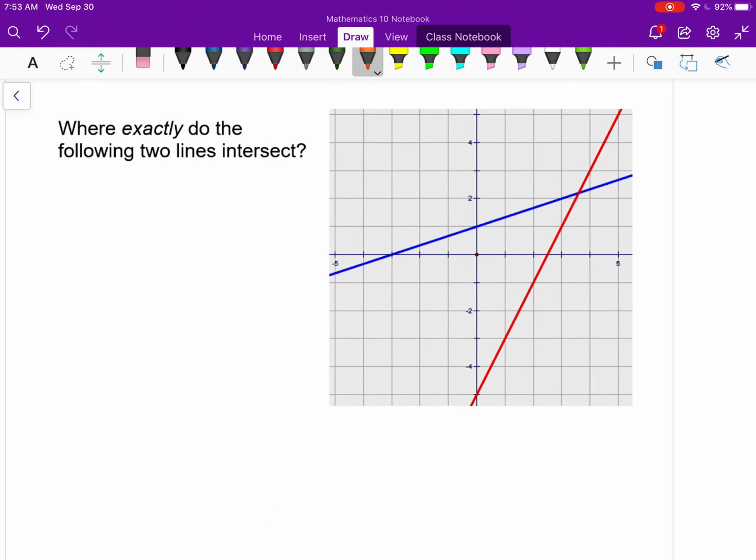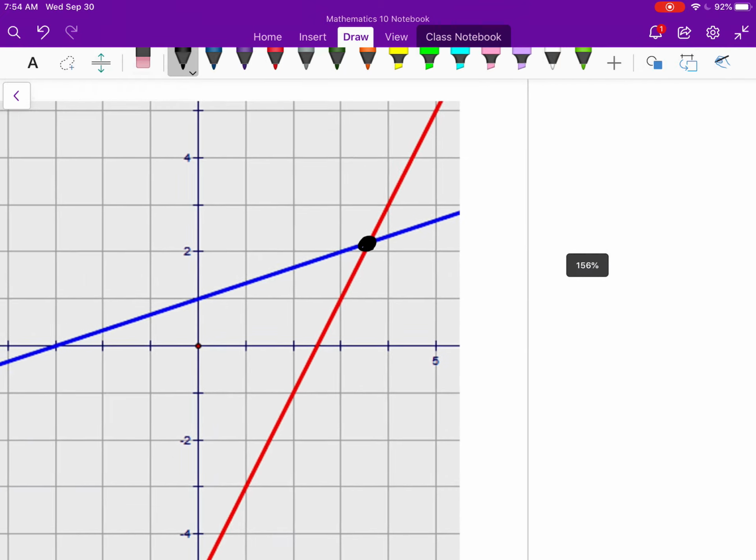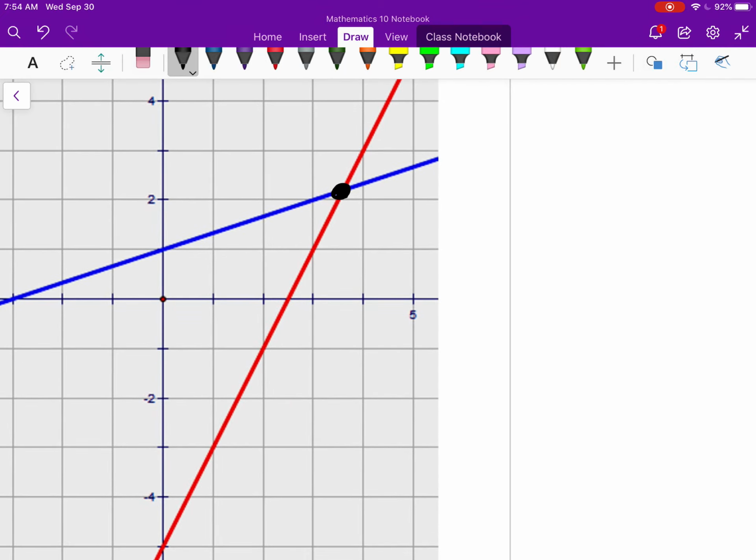All right, so for the last problem, I have, going back to graphs, and this is the only part I believe is in that booklet, I want to know exactly where these two lines intersect. And so I want to know the exact coordinates of that. Now, if I look at this, I can estimate this. I can see it's about